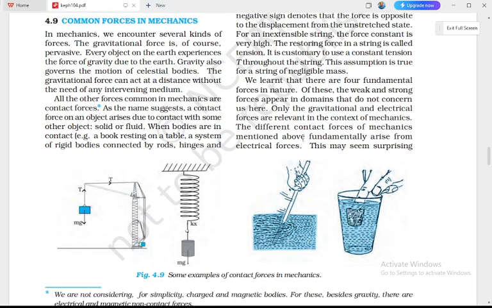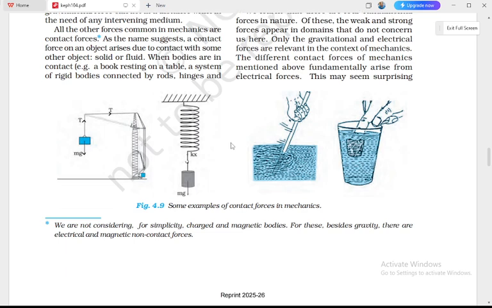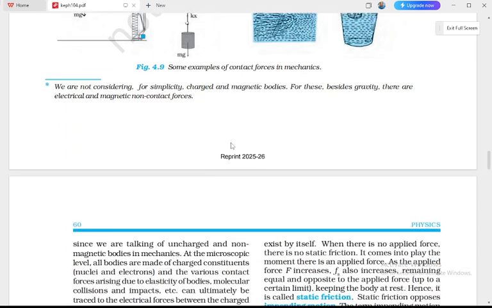We learned that there are four fundamental forces in nature. Of these, the weak and strong forces appear in domains that do not concern us here. Only the gravitational and electrical forces are relevant in the context of mechanics. The different contact forces of mechanics mentioned above fundamentally arise from electrical forces. This may seem surprising